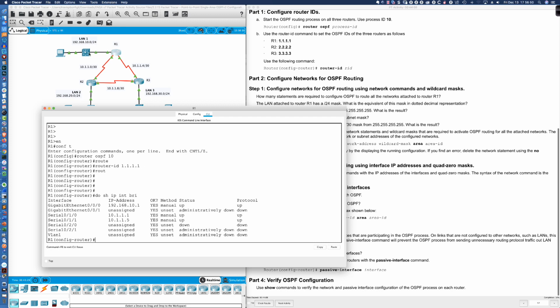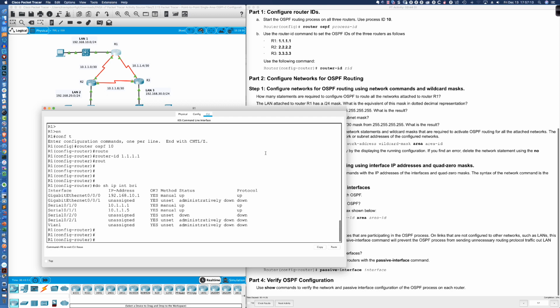Now, this is facing a switch and then a PC. And in your network, it could be multiple PCs. And when we get to the passive interface, I want you to give some thought to the idea of why would we passive the LAN-facing interface. And I'll talk about that in detail. But let's get our network statements in. So I would say network